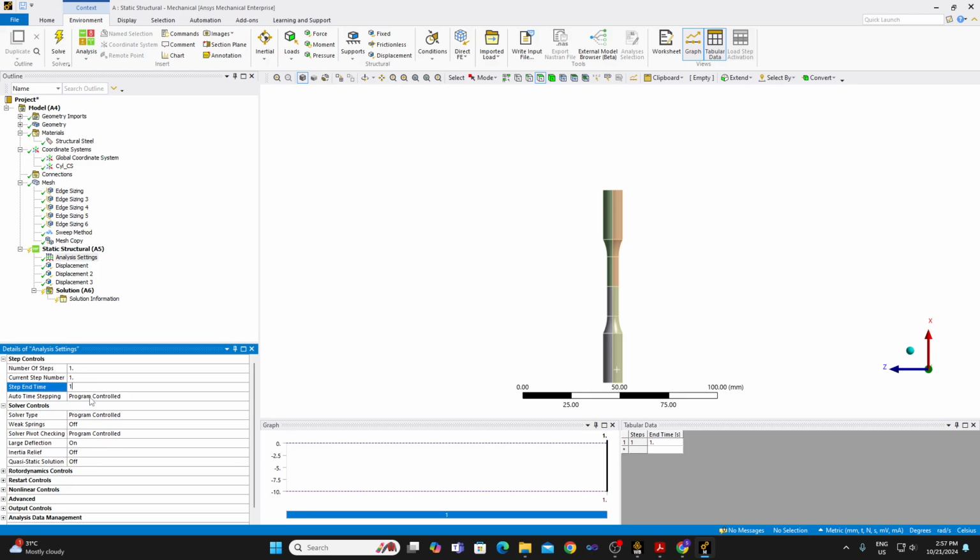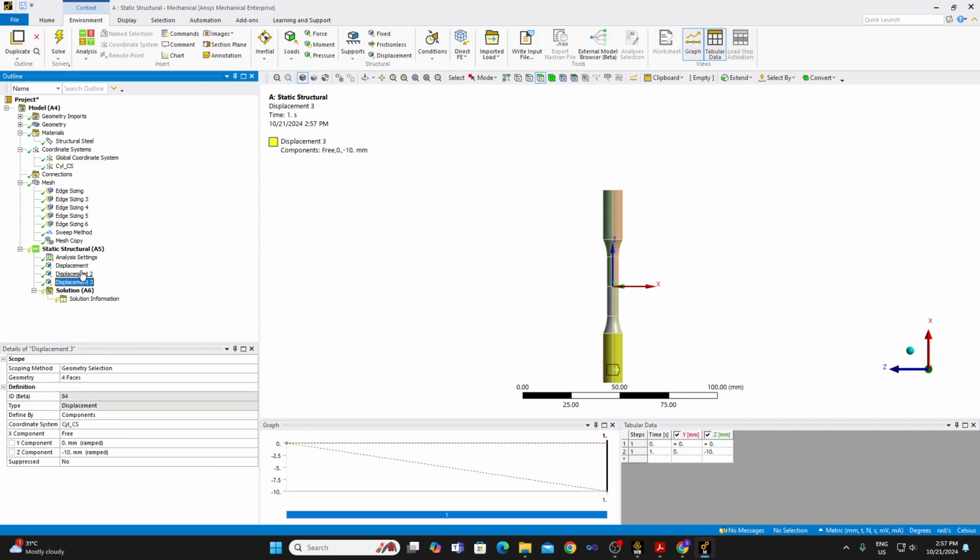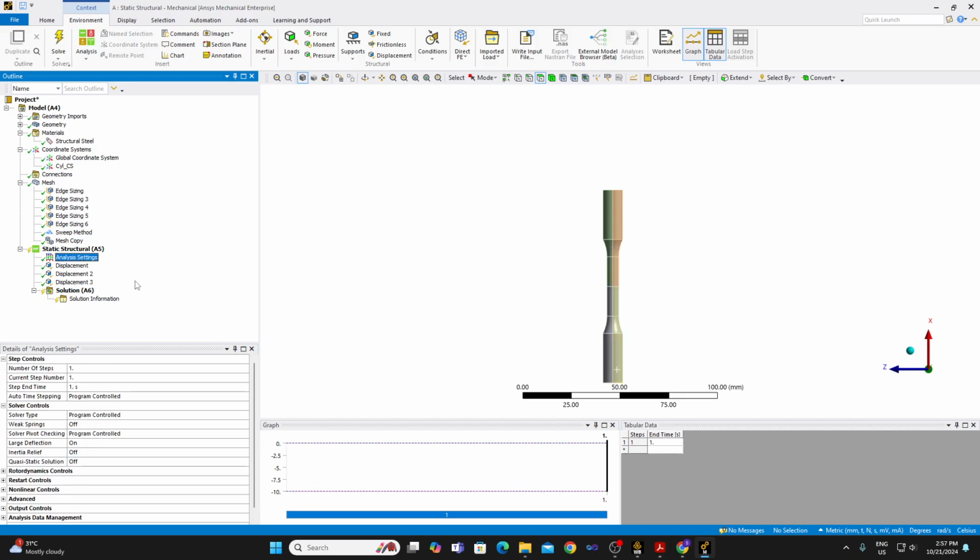So, step n time. Why are we talking about time? Although we are solving a static analysis, here we bring in the concept of time, which is actually something called pseudo time. It's not officially what it is called, but that's what it is supposed to be known as, because this time gives us a sense of what portion of the load has been applied. For example, if you are applying 10 millimeters of deformation, that would be applied in a time span of 1 millimeter. This is not a real time, and this doesn't really contribute to the strain rate,